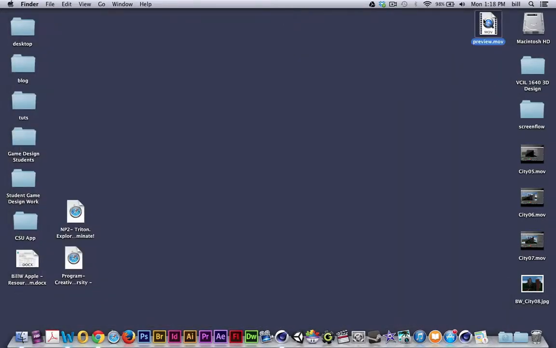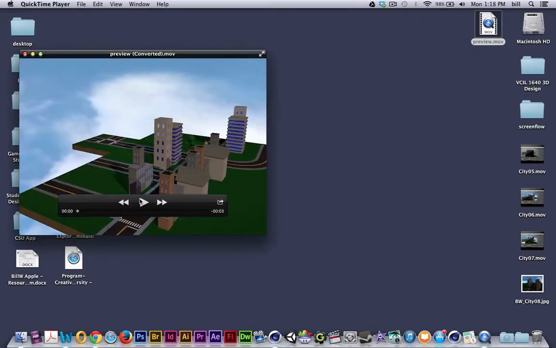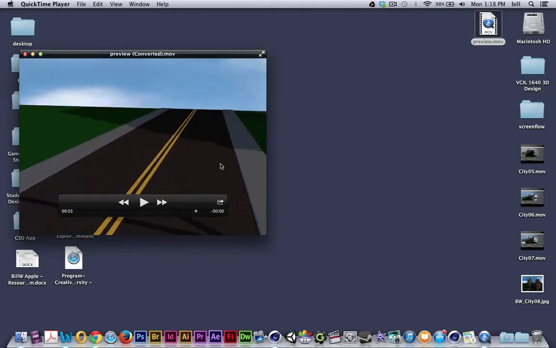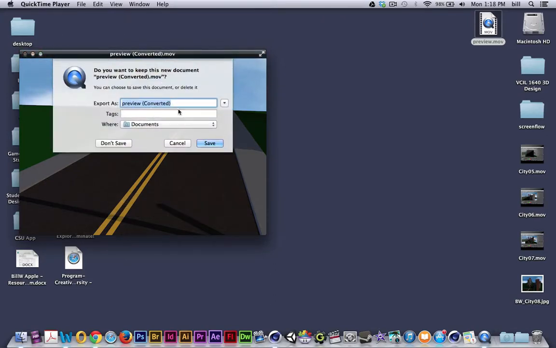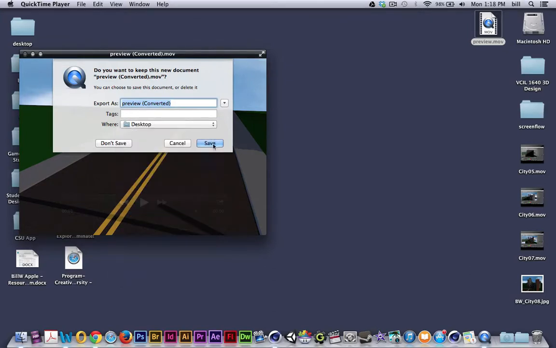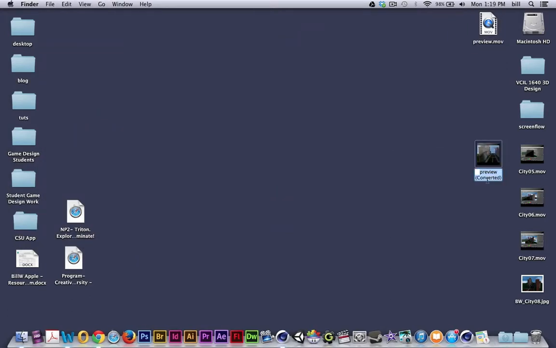Here's my preview. I can double click and open that in QuickTime. It'll do a quick conversion on it, at least in my case it will. And so here's my QuickTime movie. Now this is ready to be uploaded. I'll just close it, and you'll see that QuickTime is asking me to save because it had to convert a couple of the parameters, and I'll save it right to my desktop. So there it is, desktop, and I'll just give that a quick save. It created an alternative with the converted nomenclature here, and I'll just call this Bill's Flyby, and I'll just keep